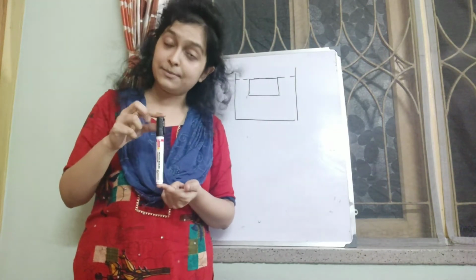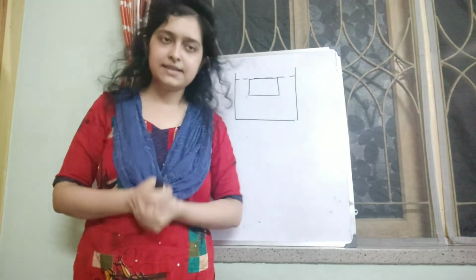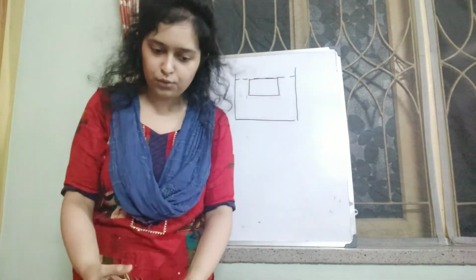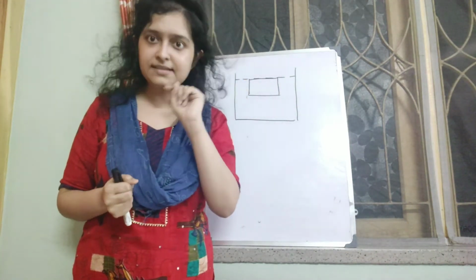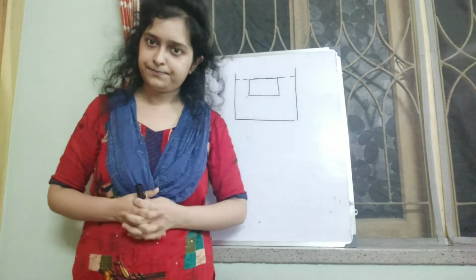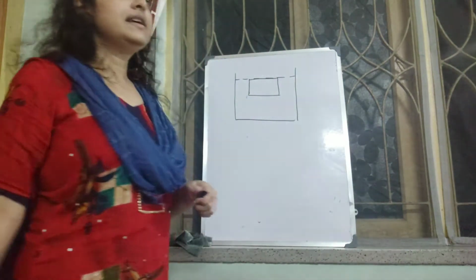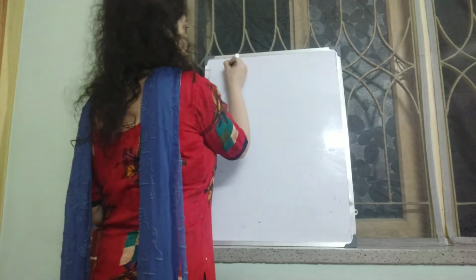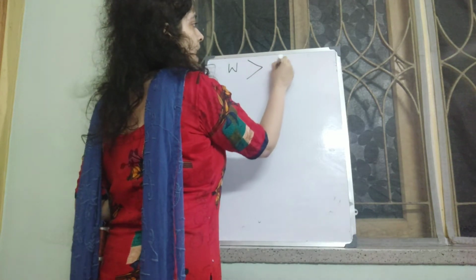The weight of a body will try to move it downwards, but the upthrust acting on the body will try to push it upwards. If we find that the weight of the body is greater than the upthrust,